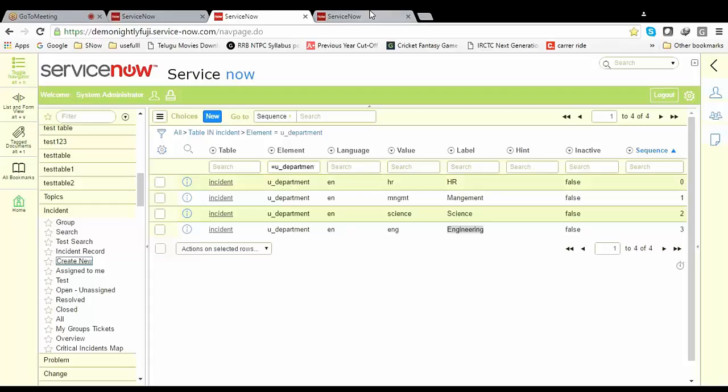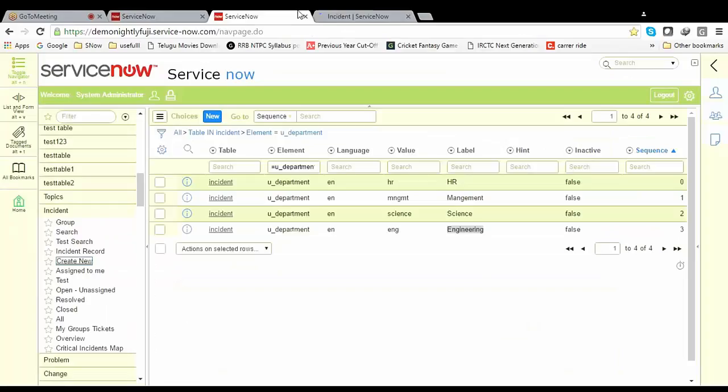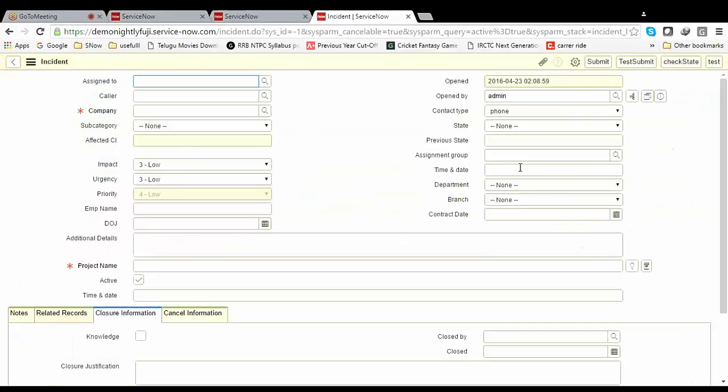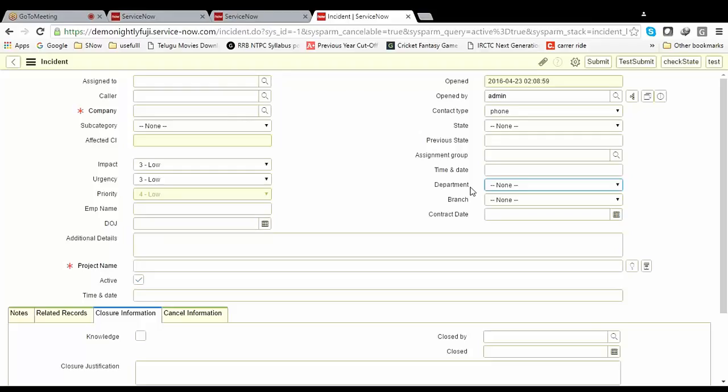If you observe here, I changed the value to lowercase hr, management, science and engineering, but you are able to see capital HR, management, science and engineering, because only the label will appear to the customer. The value will be hidden inside. Whenever you are trying to build a validation, like department is engineering, then what will you do? You cannot simply use